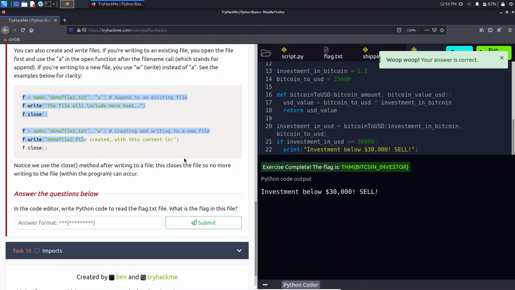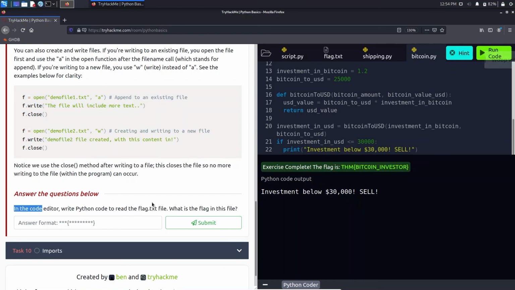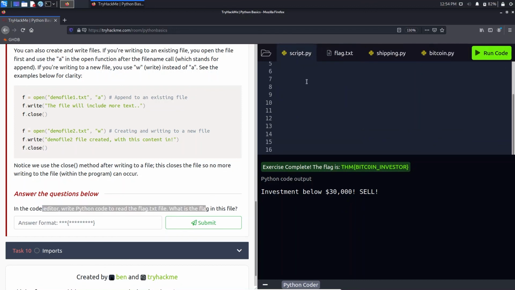Now for file handling, you can just read this. It is a basic file one. In the code editor, write code to read the flag.txt file. What is in this file? You just go to our script file here, just remove this. We will do f equal to open with the file name in read mode.